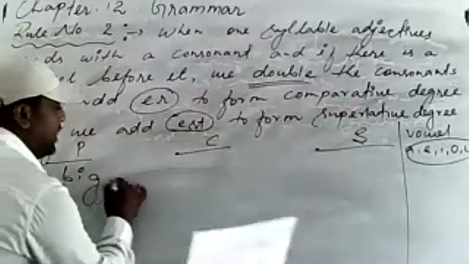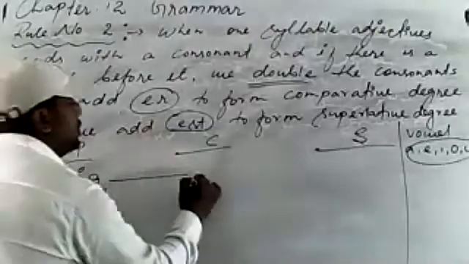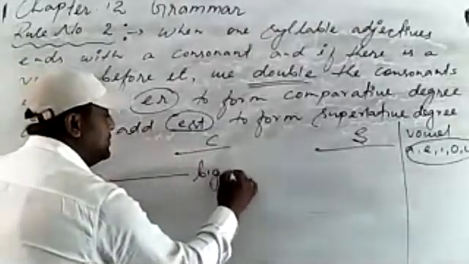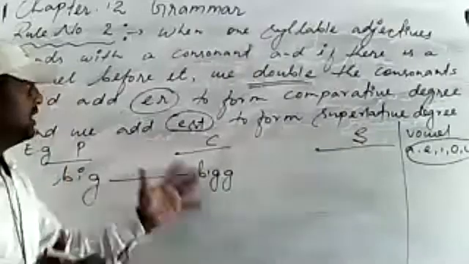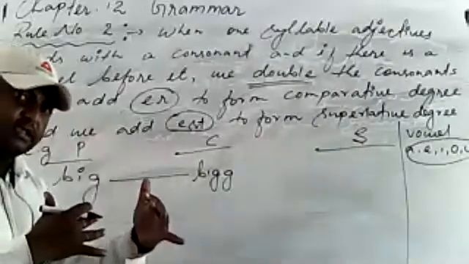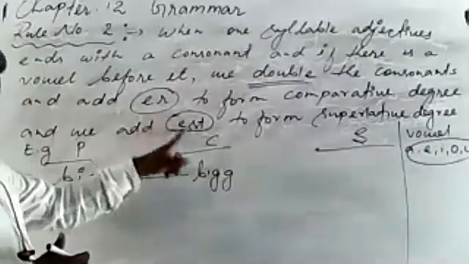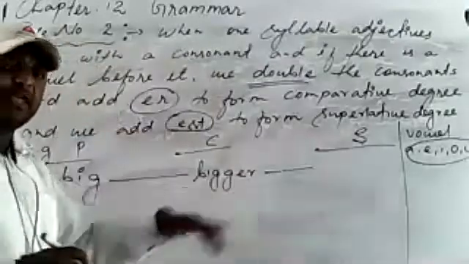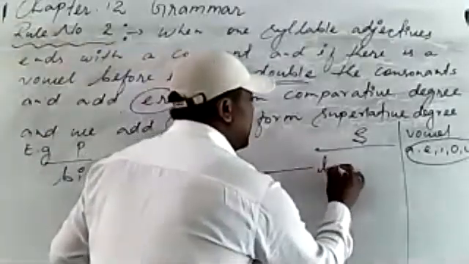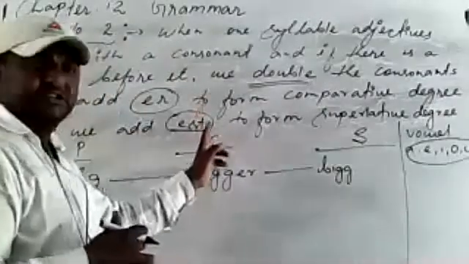Now let's see the last letter. The last letter G is not a vowel. G vowel नहीं है, it's a consonant. So what we are going to do? We are going to double. इसको double कर देंगे. Last consonant को double करेंगे. Look here, B-I-double-G. Now what I am going to add here? I have double the consonant. Consonants को मैंने double कर दिया है. Yes. Now what I am going to add here? I am going to add here ER to form comparative. Yes, ER. Now same thing, I'm going to double here, B-I-double-G. Now what I'm going to add here? I'm going to add here EST.